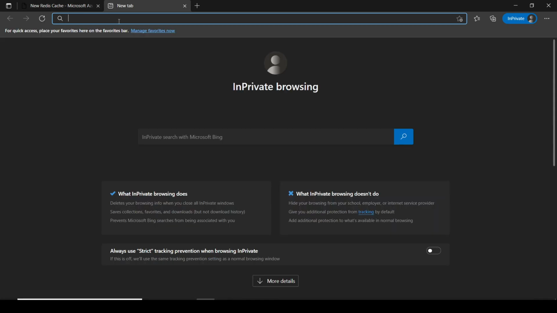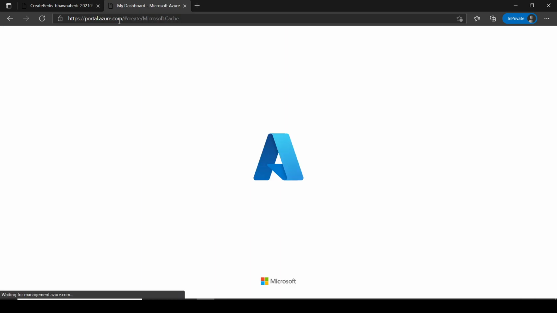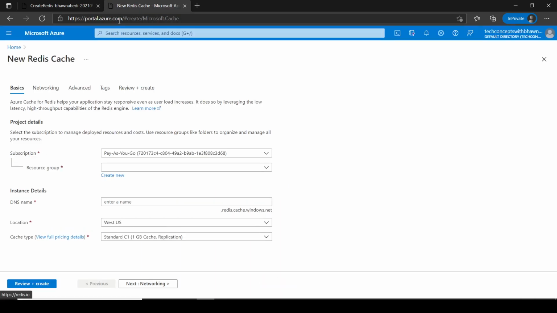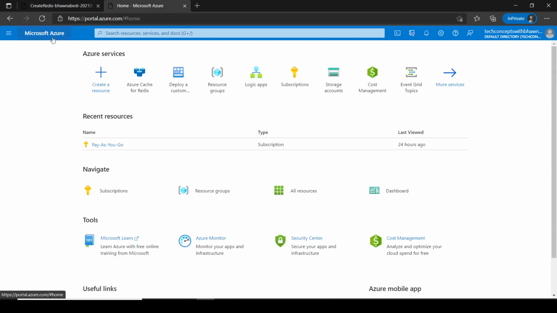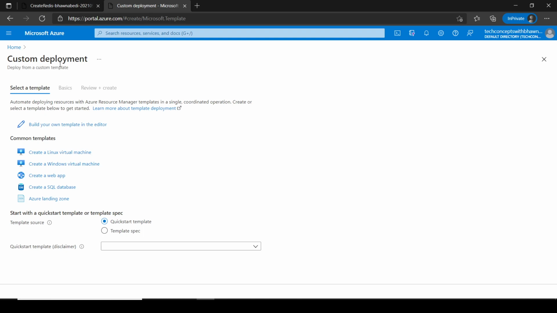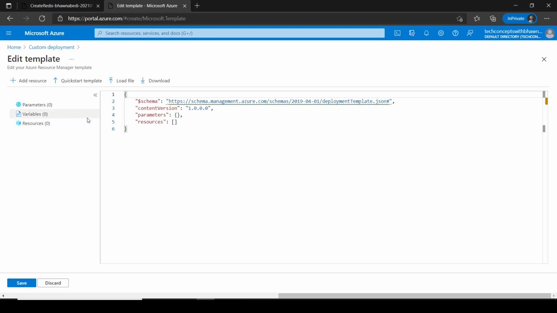Now while we are creating Redis cache, we need to deploy a custom web application. Of course, right now we do not have time to go ahead and create our own custom web application. So there is an already pre-built custom application provided by Microsoft Azure, and I am going to use that. To deploy that, you can directly go into the portal and use this custom deployment template, and then just click on build your own template in the editor. And then you have this whole template where you can provide your code, in case you are trying to do it on your own.